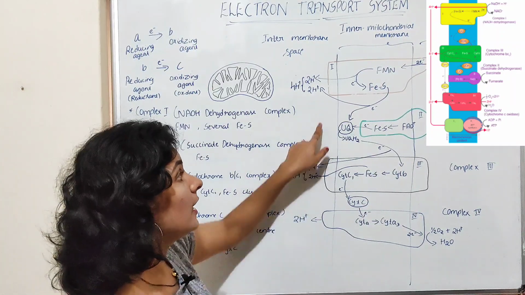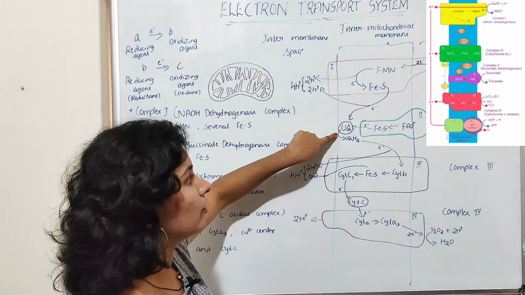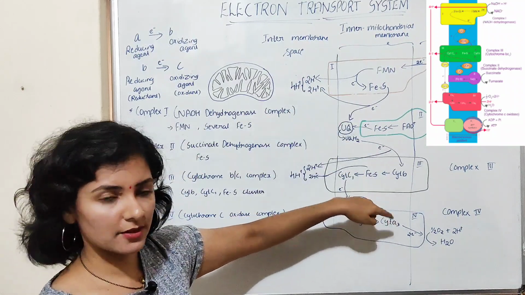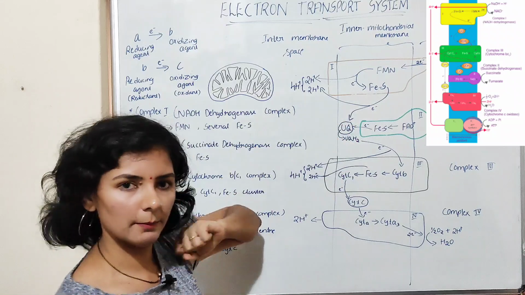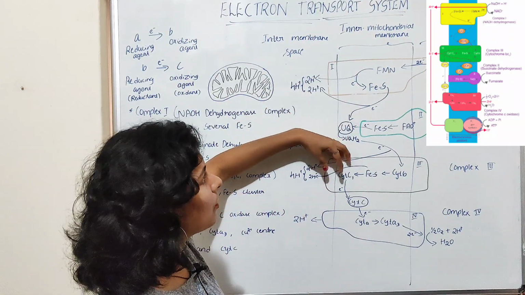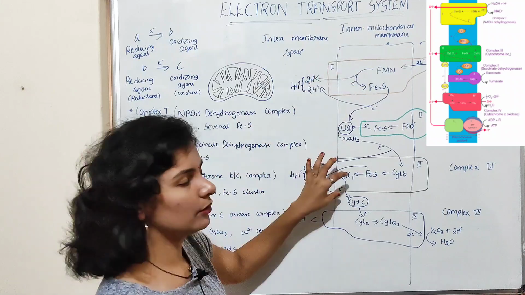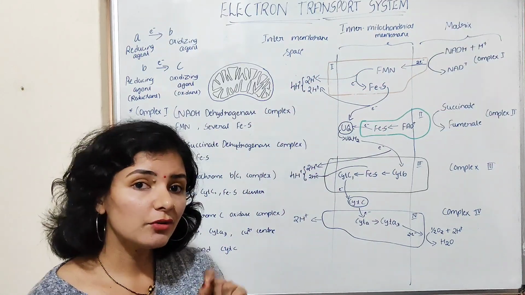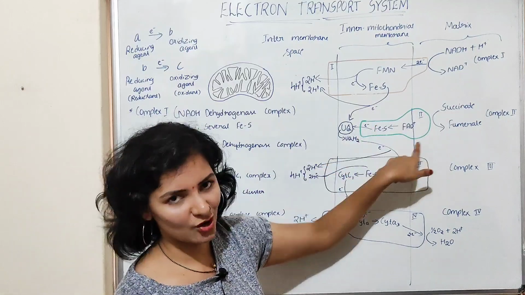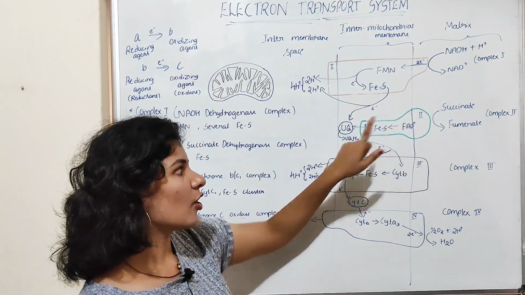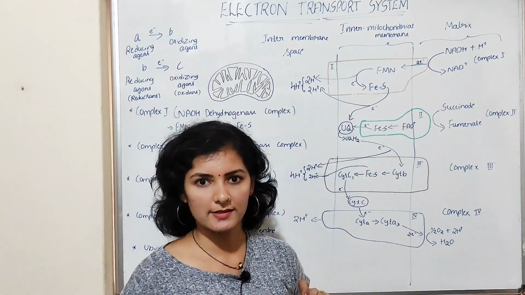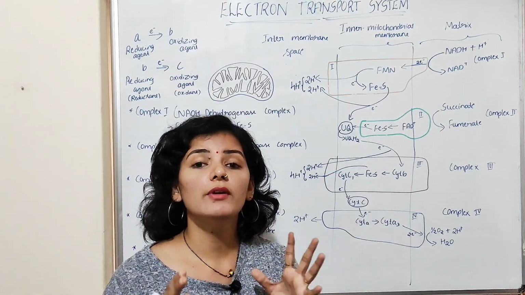So that is how the mobile carrier, that is ubiquinone, will transfer the electron from complex 1 to complex 3 by diffusing through the membrane. So ubiquinol will diffuse through the membrane and it will transport the electron from complex 1 to complex 3. Apart from that, this ubiquinone can also receive electrons from complex 2. As I already told, complex 2 has carriers like FES and FAD+, and this complex 2 will get the